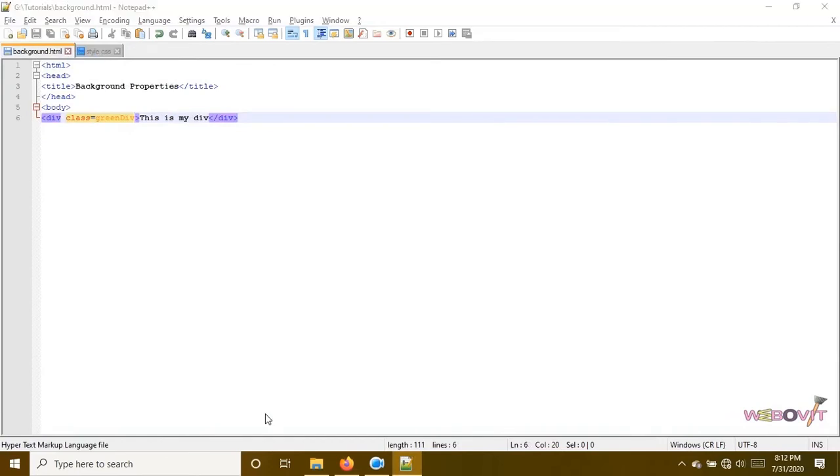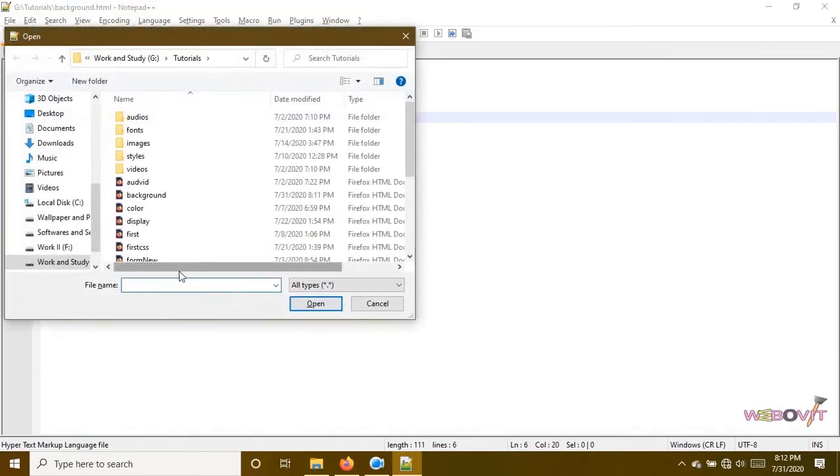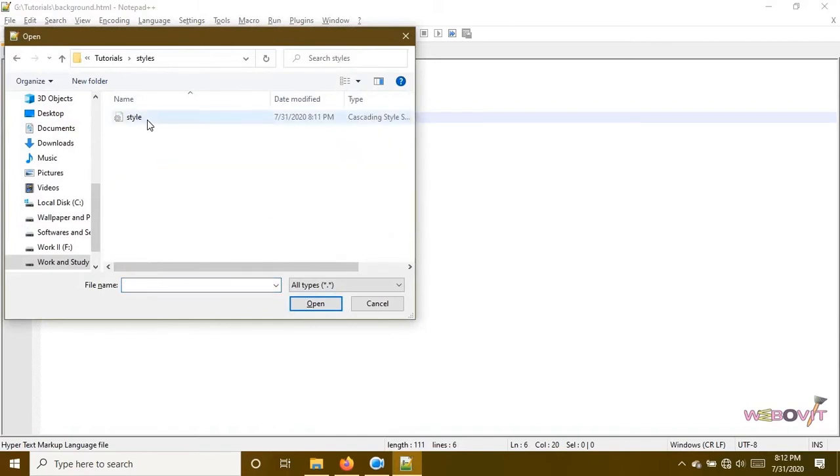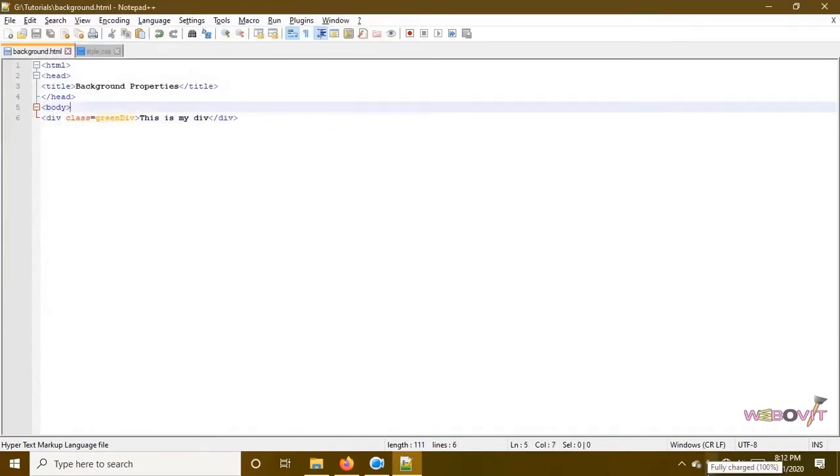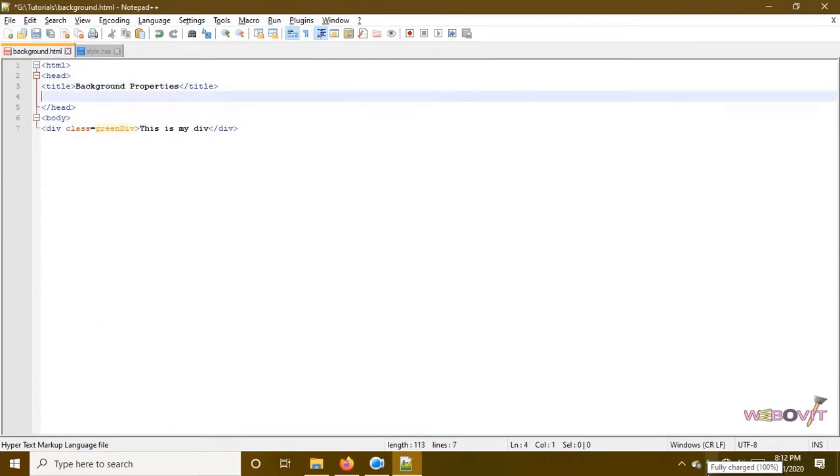If we open the background.html location, then inside the styles folder we are having this style file, but we need to link it. We have already learned about this in our previous tutorial.